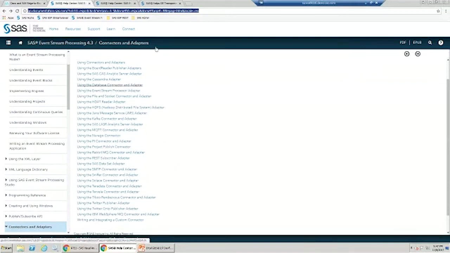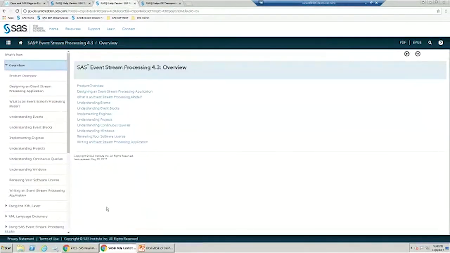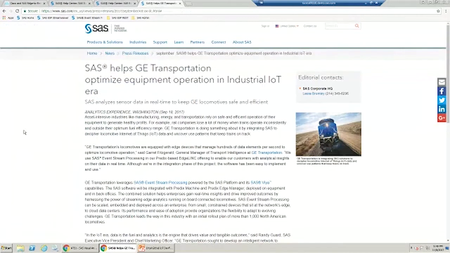There's a good overview on how to work with this type of streaming data, how to work with events, and how to take the data and move it and work with it in the life cycle. And here's one more website where you can see how SAS works with GE, specifically GE Transportation, and also the Predix platform.